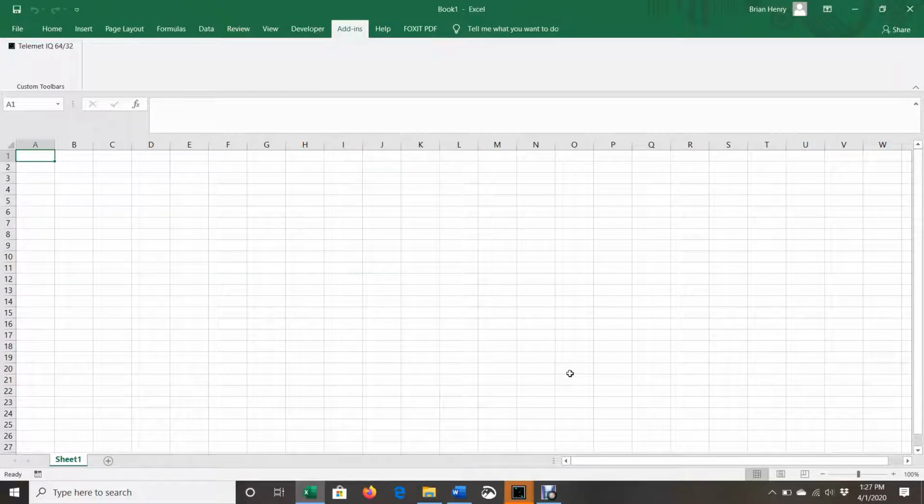All right, I'm going to try and show you how to use Telemet IQ pretty quickly here. If there's noise, I'm sorry. There's kids about, and the door is open and stuff. So